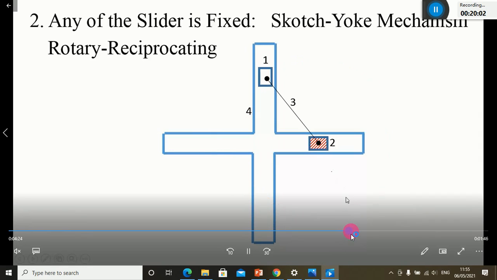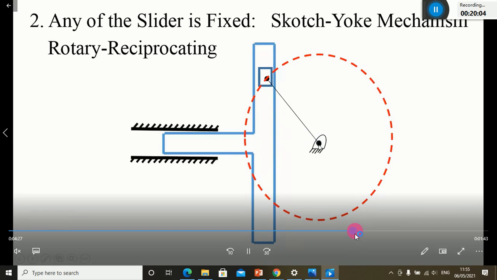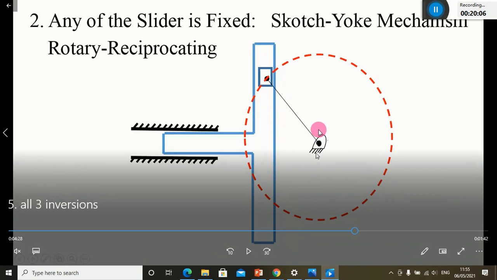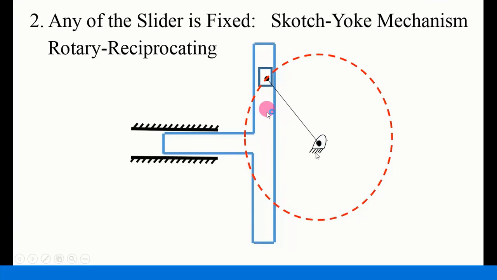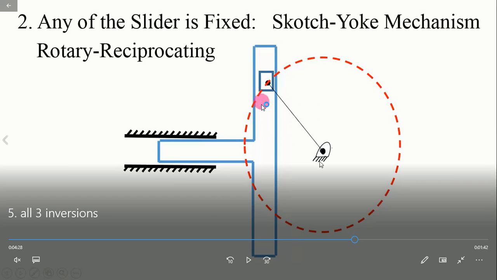Yeah, just see the transformation. So this was the slider 2. It was fixed. Now the crank is nothing but the link that connects both the sliders. Now this crank is free to rotate, correct? Now this crank is free to rotate in a circular path. As it starts rotating in a clockwise direction, what will happen?